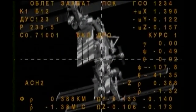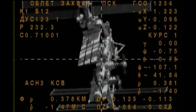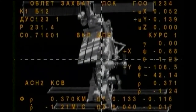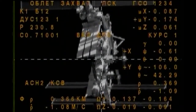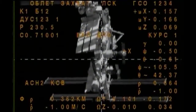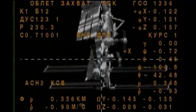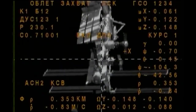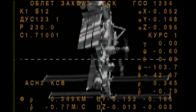And we are doing... The visiting vehicle officer here in Mission Control now reports that we are now in the fly-around mode. So the Soyuz vehicle has approached slightly ahead of schedule, actually, to begin its fly-around. This is a typical means of aligning the Soyuz precisely to the hoist module of the International Space Station. This is a fly-around angle of about 110 degrees to permit the Soyuz to be precisely aligned with the docking